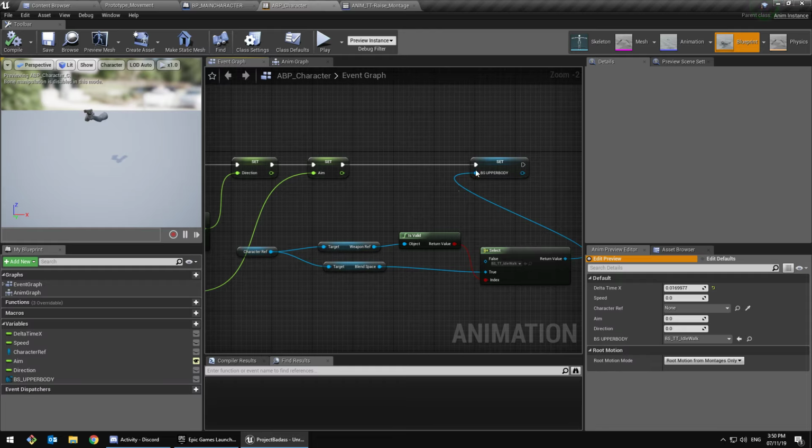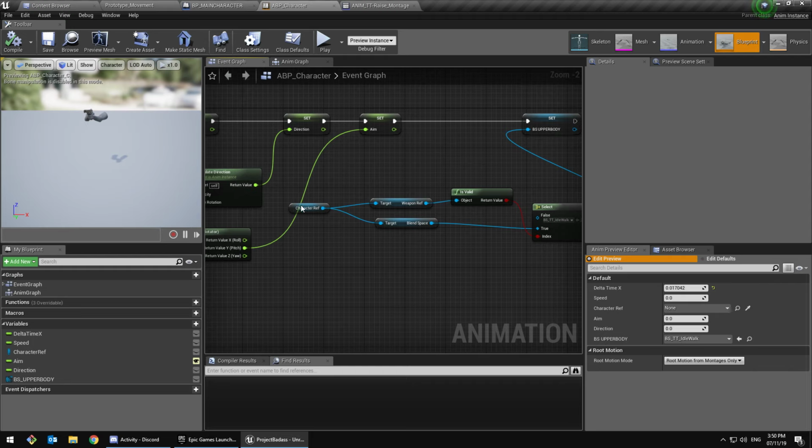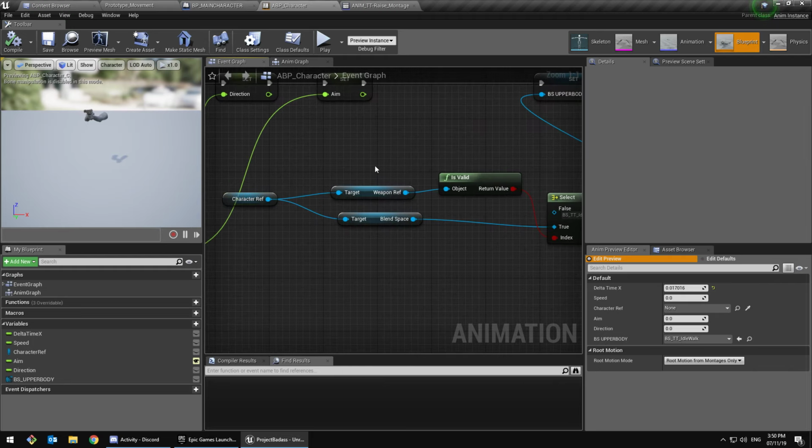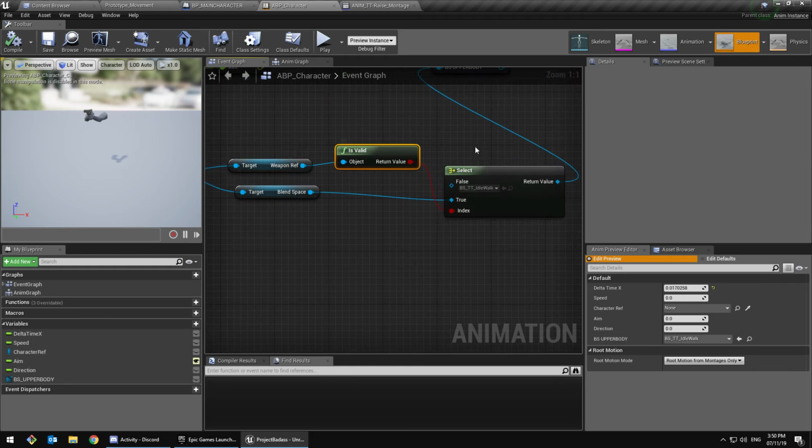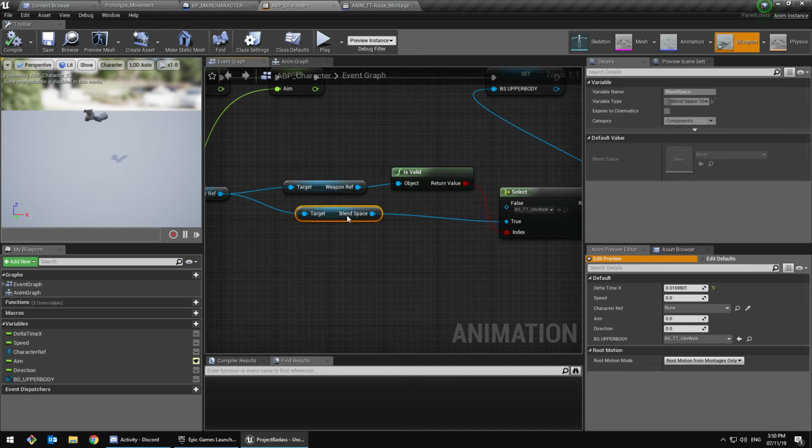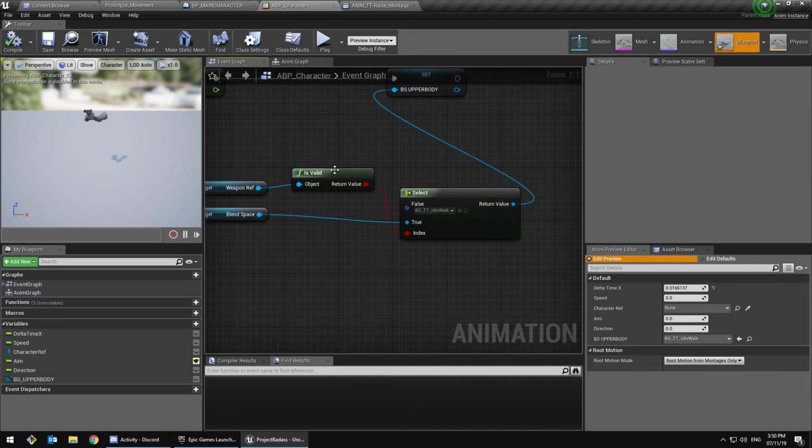So the only other thing we'll have to do is set the blend space for the upper body. So we'll have the character reference and we'll get the weapon reference. If that is valid, it'll select the blend space from the weapon reference. If it is not valid, you can put a standard